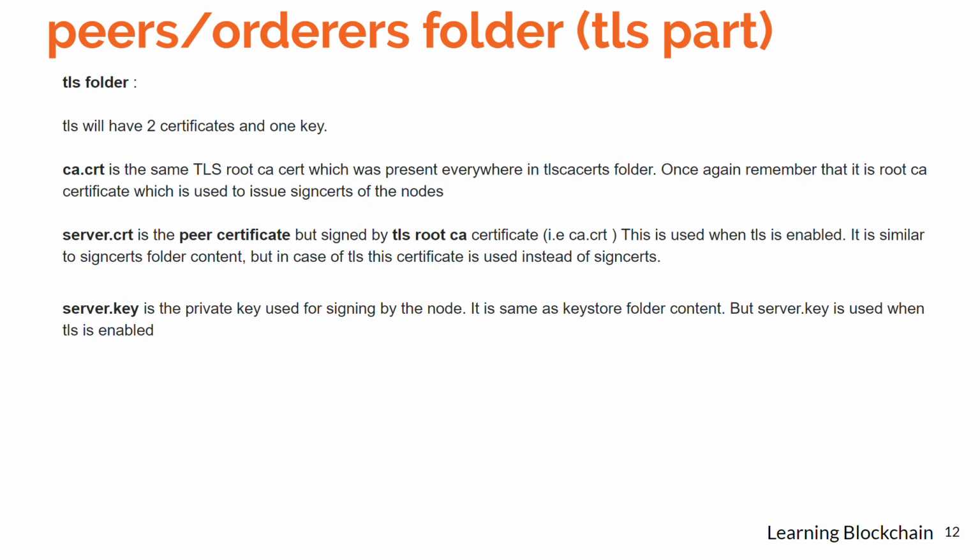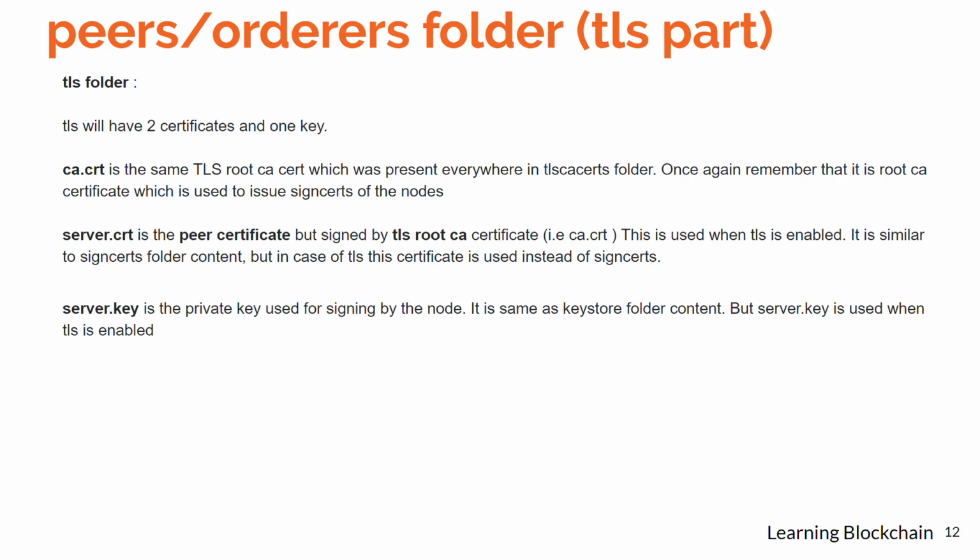If you have enabled the TLS, then I have told that there is one TLS CA cert already present at the higher level. It is also present inside the peers folder's MSP directory, and also as ca.crt. So ca.crt is one of the certificates. This is the general name whenever you use the Cryptogen tool. These are the naming conventions by which the certificates will be created. So ca.crt is none other than the same thing present inside the TLS CA folder, the same public